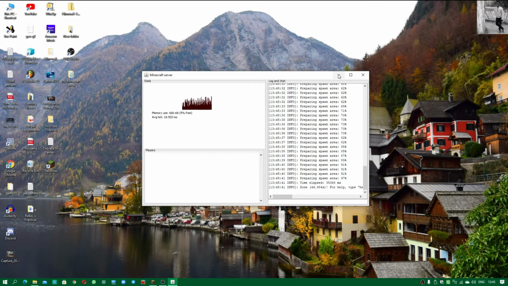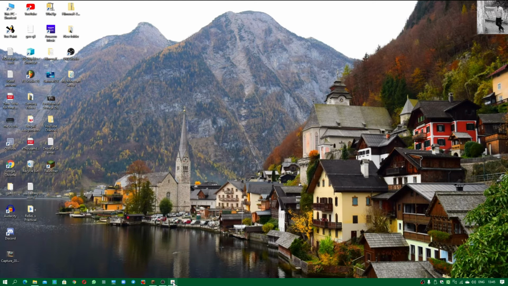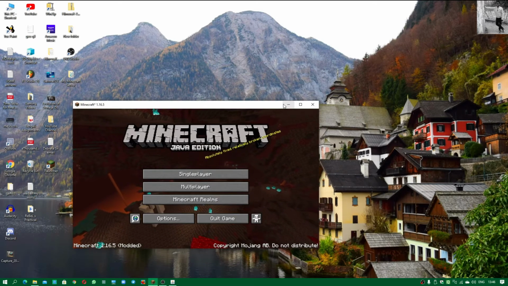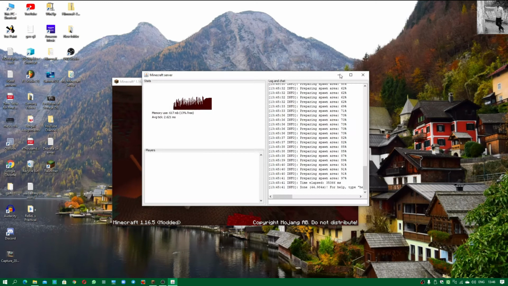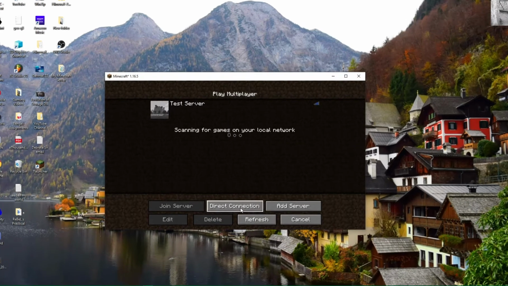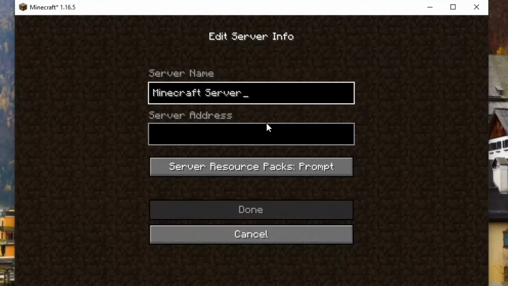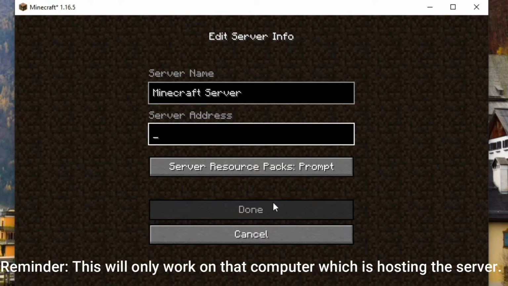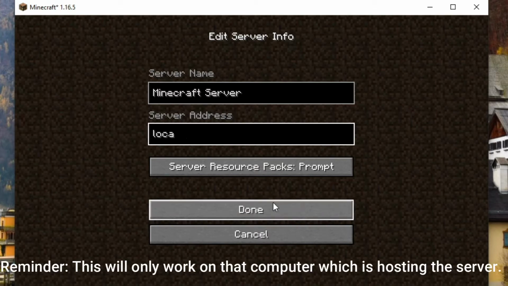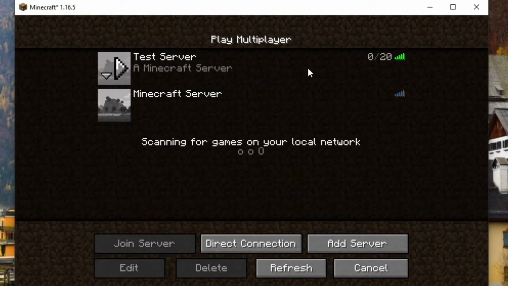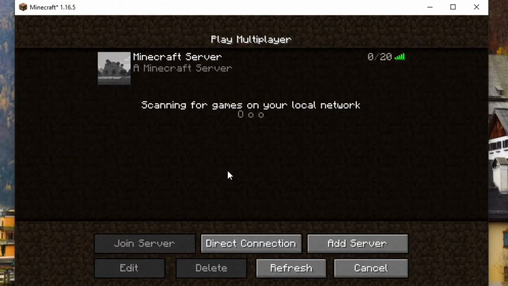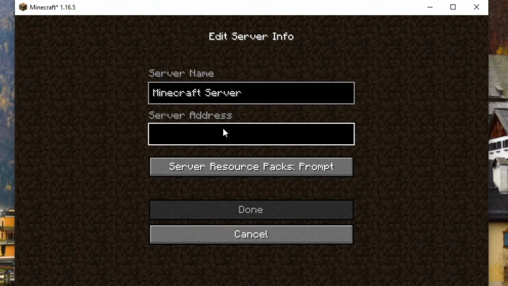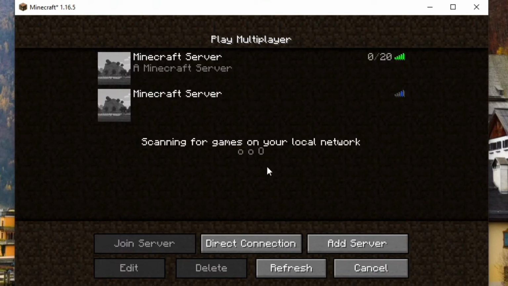Now see, there is a problem. However, if you are playing with a general Minecraft launcher, or if you have legally bought Minecraft, then you should be easily able to log in with your server. For example, you open Minecraft, then once your server has been opened, you need to go to multiplayer, and then you need to click on add server, Minecraft server, and either type 0 or localhost. If you type 0, it will work, and if you type localhost, it will also work. For example, I type localhost, it immediately works. Let us delete this, or you can write it as 0, and it still works.